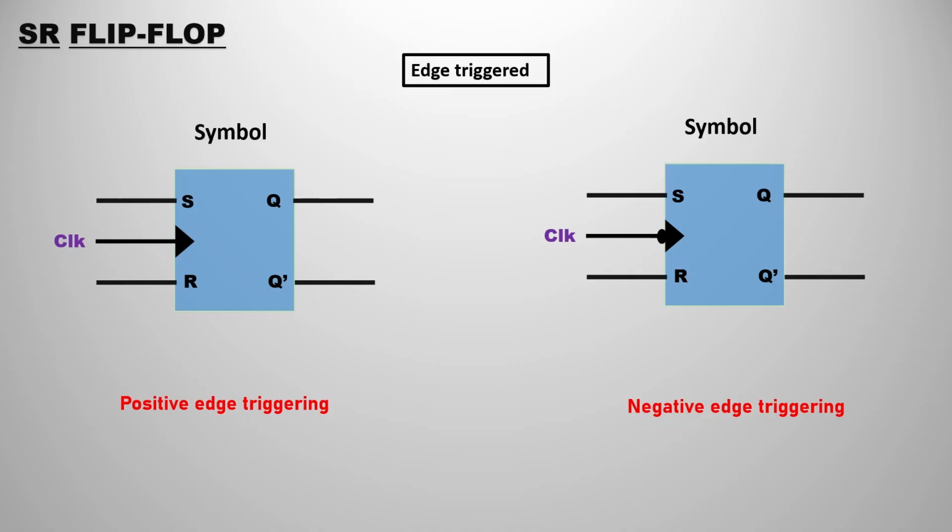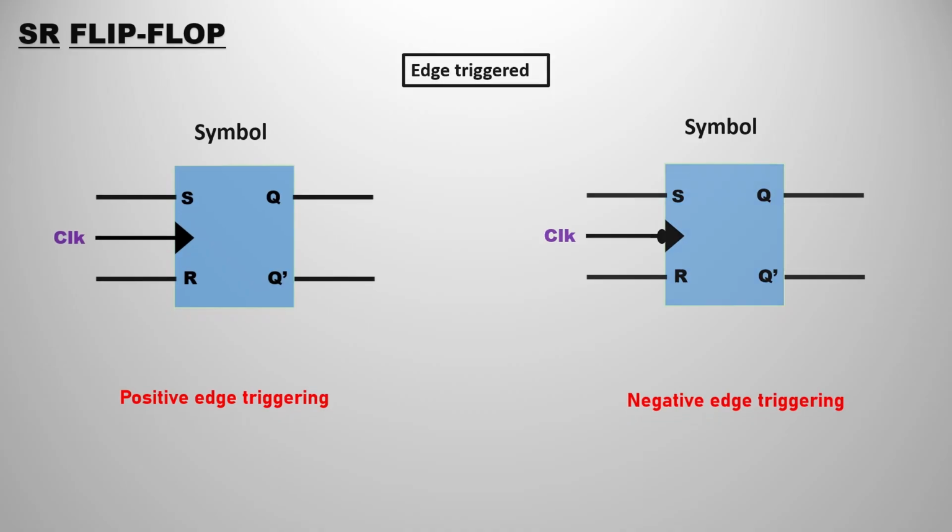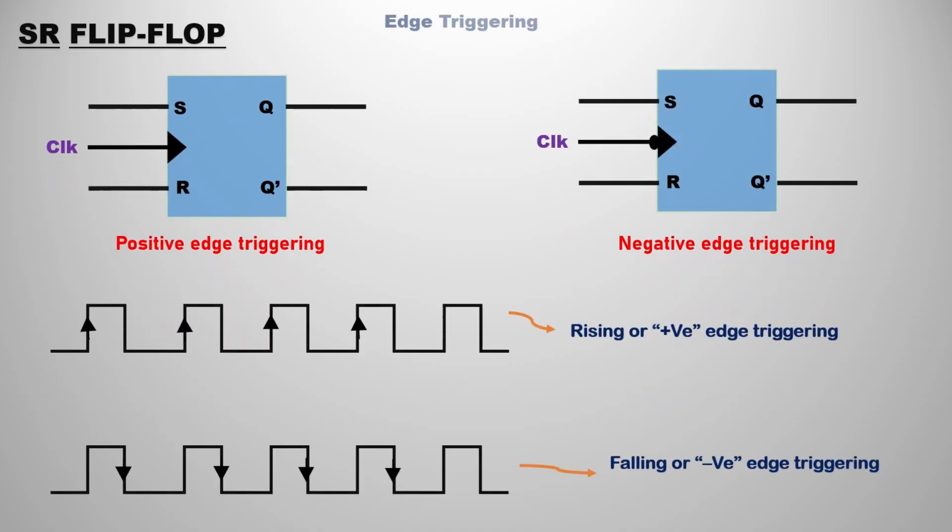And to differentiate the negative edge triggering, we are going to indicate it with the help of a small dot before the triangle. Remaining everything would be the same. I hope you know what is meant by positive edge or negative edge. So simply we can also call it rising or falling edge triggering. If the output is responding to the clock with respect to the rising edge, that is known as positive edge. If it is responding according to the falling edge, that is known as negative edge triggering. Edges mean rising or falling, you can observe on the clock pulse over there.